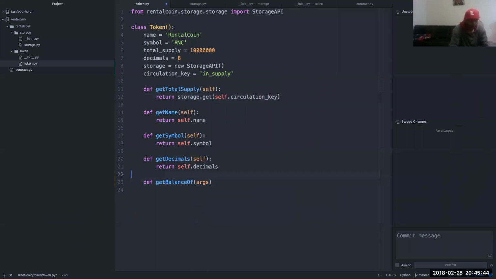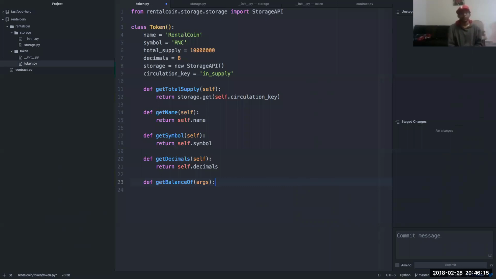So in the get balance of method, it takes in one argument, and that argument is the Neo wallet address, and basically we're just using the storage object and returning that on the blockchain, because you're basically using the Neo address as the key.